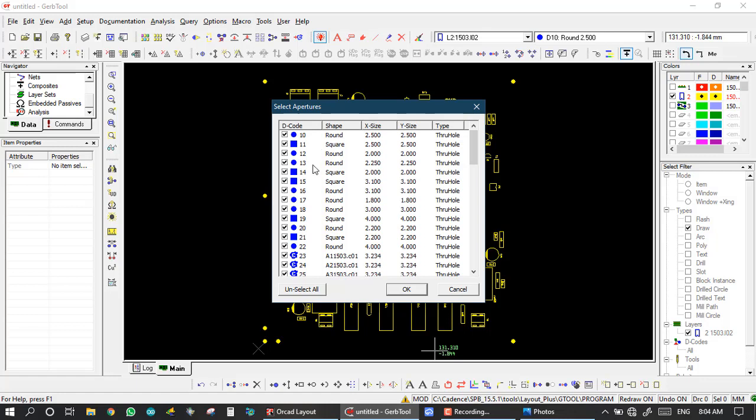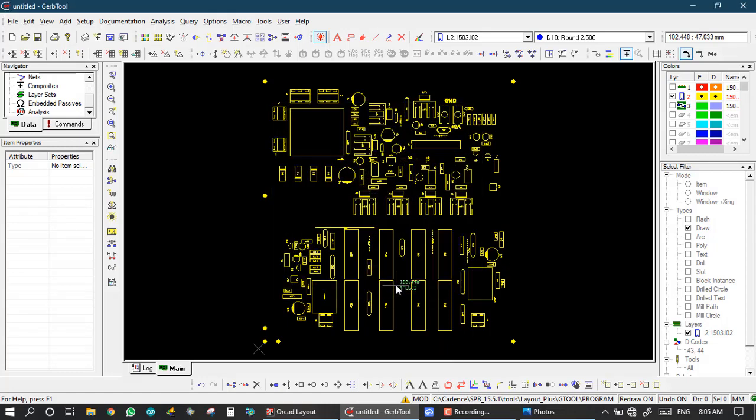First I unselect all, and I activate just the two D-codes we want to change: D43 and D44, with values 0.20 and 0.222. Now okay. So now in the legend layer we have just two D-codes active, 43 and 44. All remaining D-codes are now deactivated.